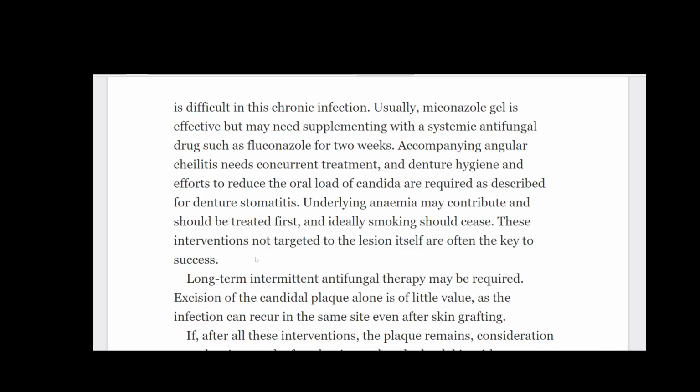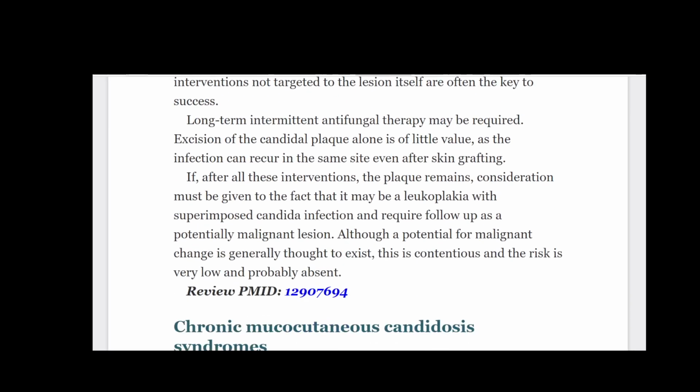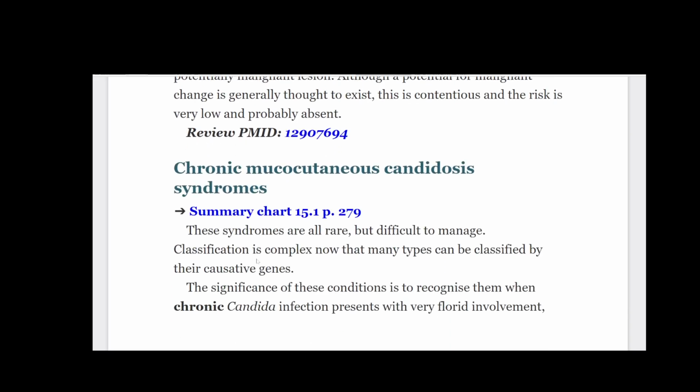Excision of the candidal plaque alone is of little value, as the infection can recur in the same site even after skin grafting. If, after all these interventions, the plaque remains, consideration must be given to the fact that it may be a leukoplakia with superimposed Candida infection and require follow-up as a potentially malignant lesion. Although a potential for malignant change is generally thought to exist, this is contentious and the risk is very low and probably absent. Review PMID,